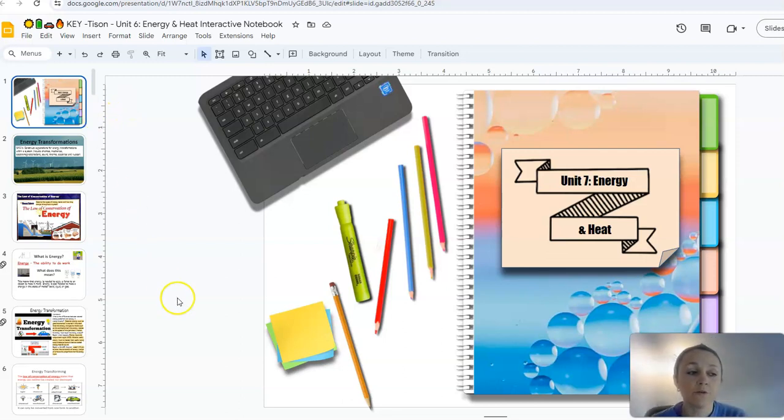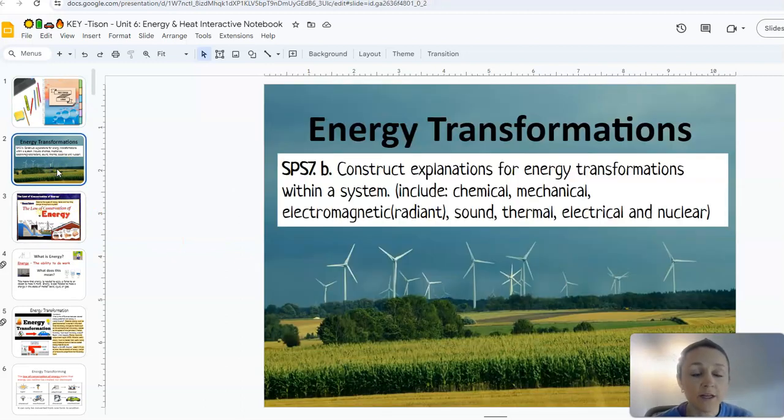Each time I start a new section of this digital notebook, I'll start a new video. So you need to watch this video to completion and then go back to Google Classroom and see what the post says to do during and after the video. So just be sure you're watching this and follow along as we go. So we know that